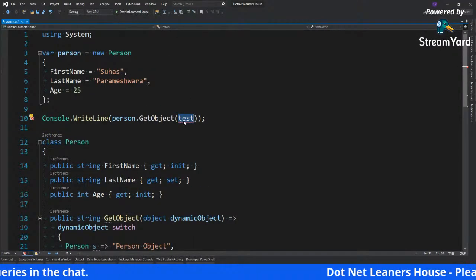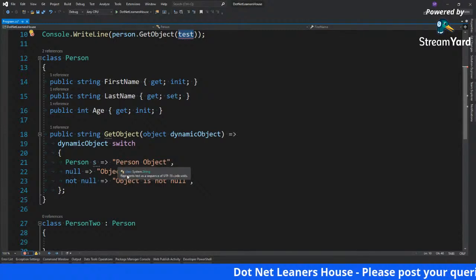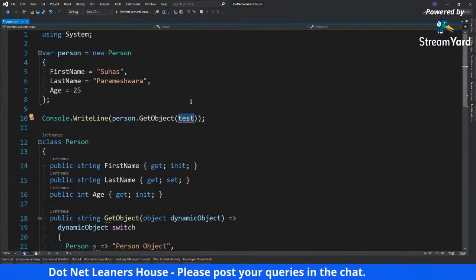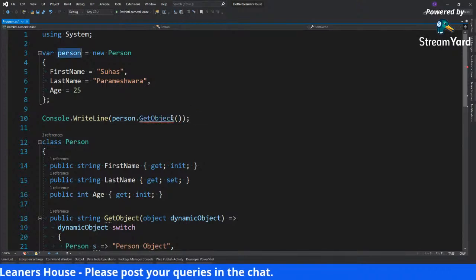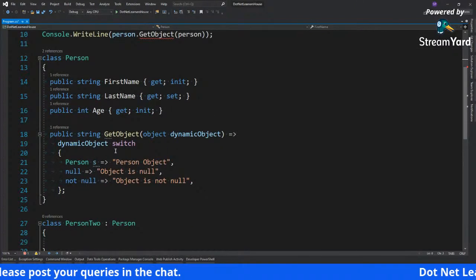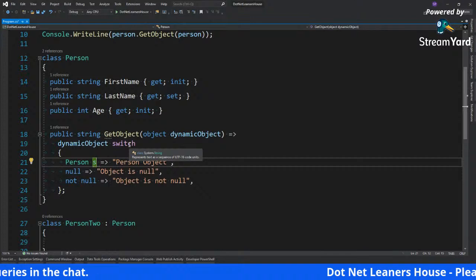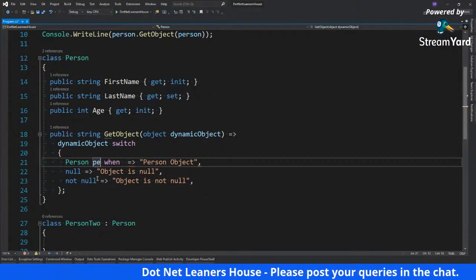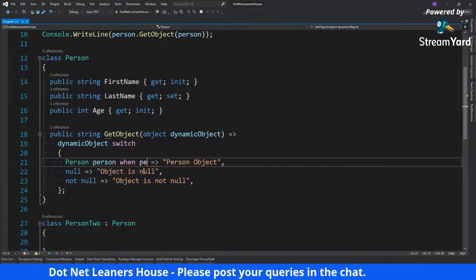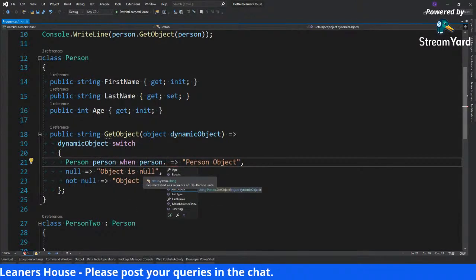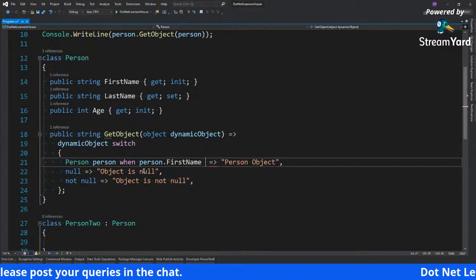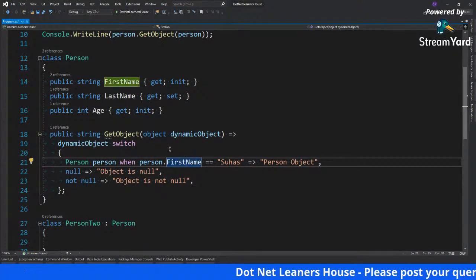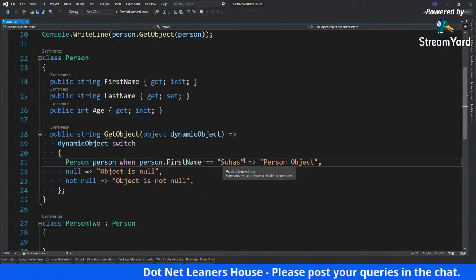And one more thing you can do is, let's say I want to check whether the first name is Suhas. I want to just print this condition. So how can I do that? Let me delete this one, and I have this person, and I can write a condition using the when clause. So let me change this to person. So when person dot first name equal to Suhas, and I'm saying